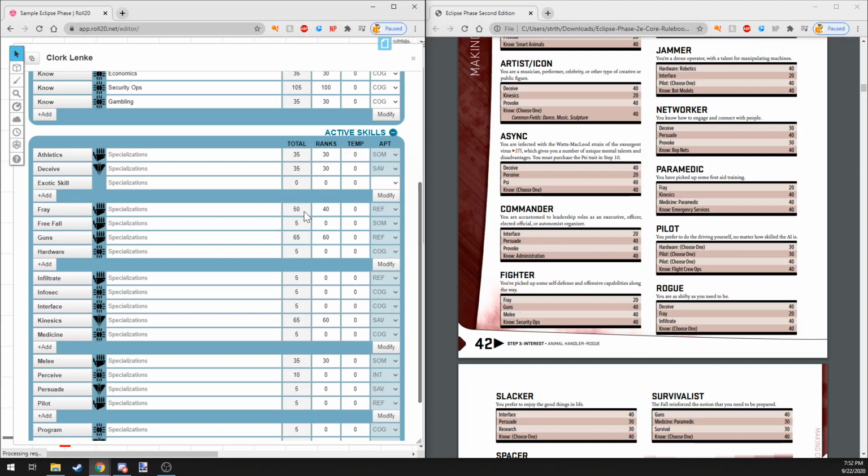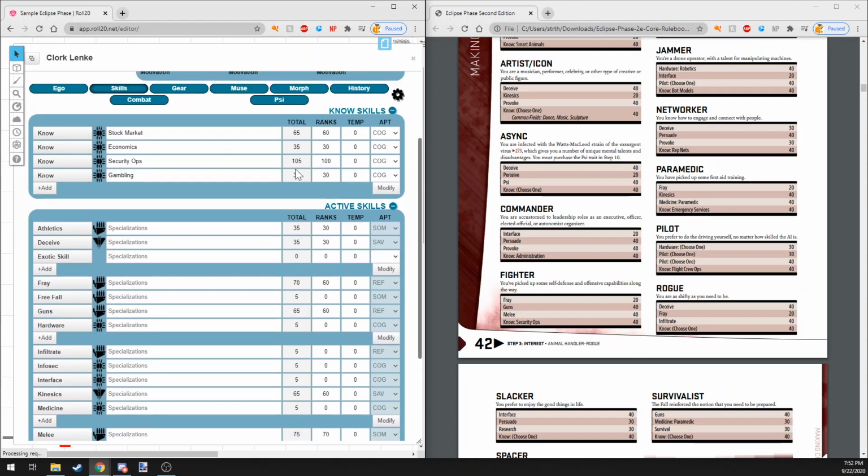I have plus 20 in fray, which brings me up to 60 ranks. And then I have plus 40 in melee, which brings me up to 70. And then finally, I have another 40 in... Oh, sorry, I already said that. I think that's all of them. So